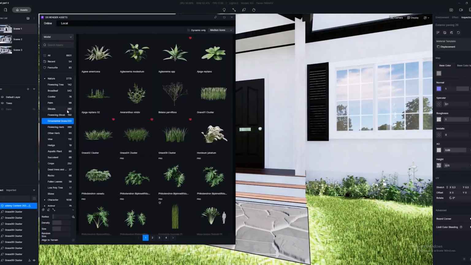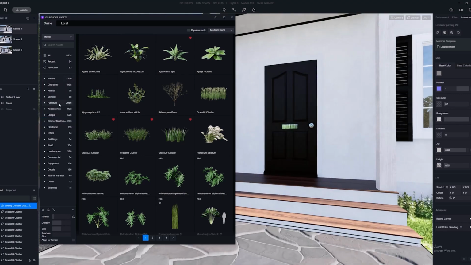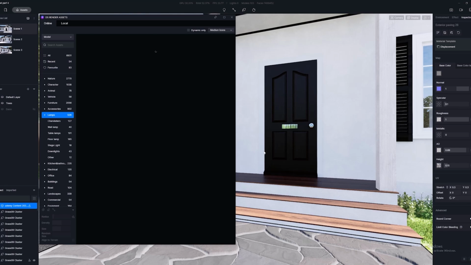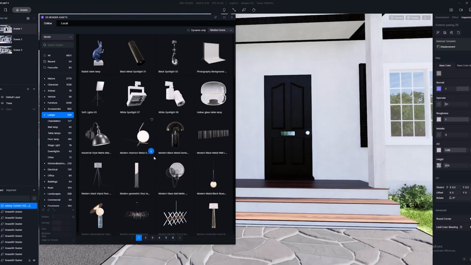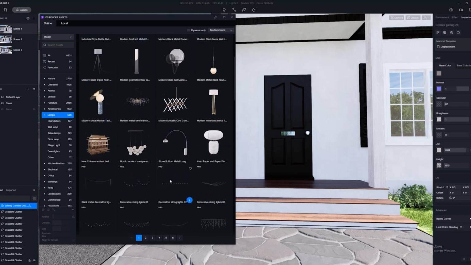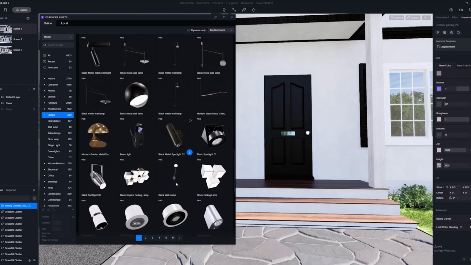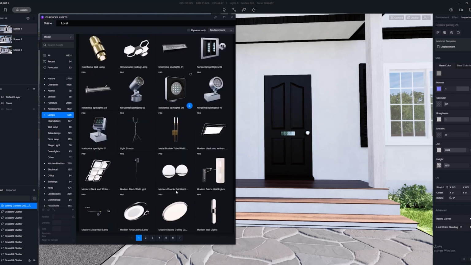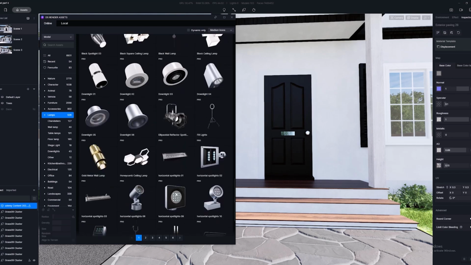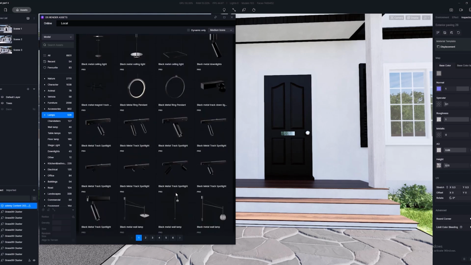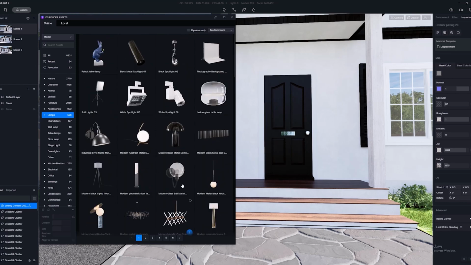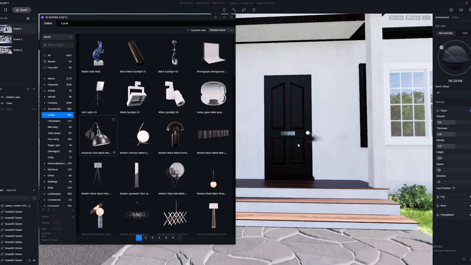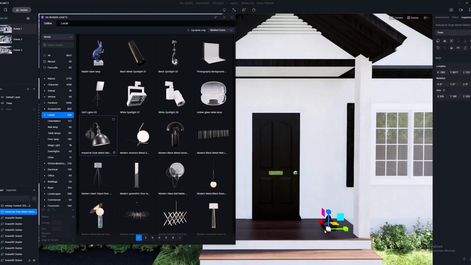Okay, now we're going to go ahead and go to the models, and we're going out of the nature tab, and we're going to go to lamps. And we're going to look for something that we can place on either side of the door as a decorative lamp. Let's have a quick look through what we can do here. Now, we want something that obviously complements our actual scene as well. There's no point in adding lights that really break the illusion or don't fit stylishly with what we've got so far. So I'm going to grab these industrial style matte lights, and I'm going to actually just place